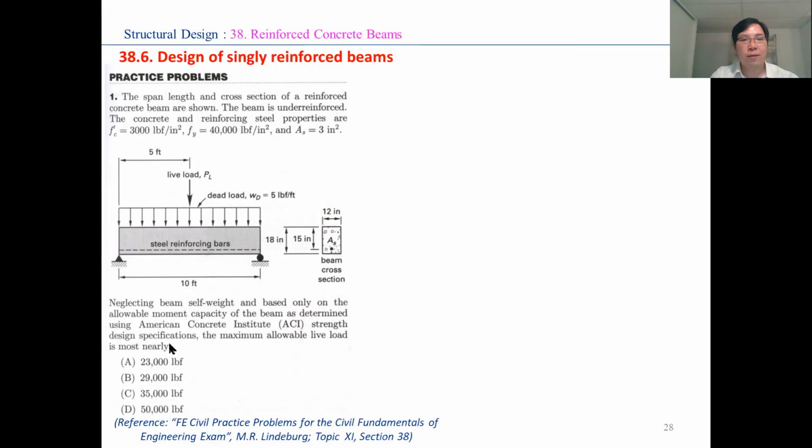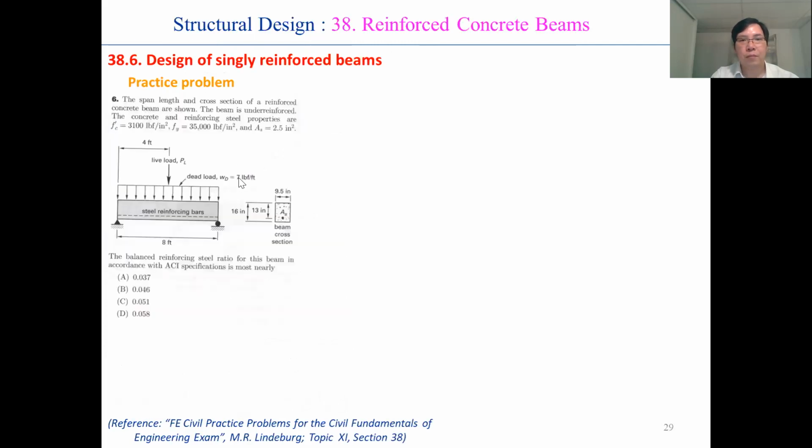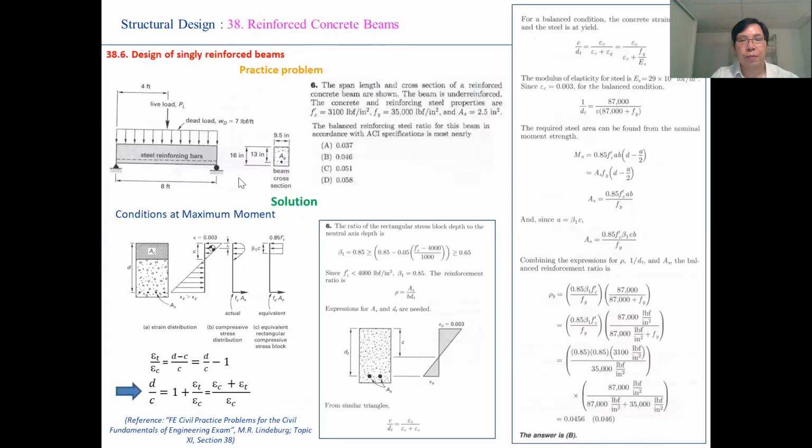And the question is: what is the maximum allowed live load for this beam, PL? So to answer the practical problem, I show you here the condition at maximum moment that you have seen before,